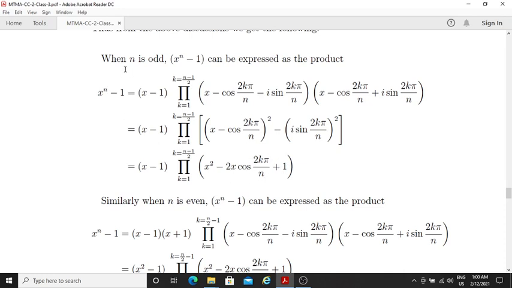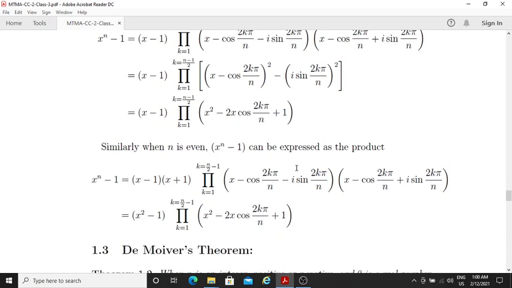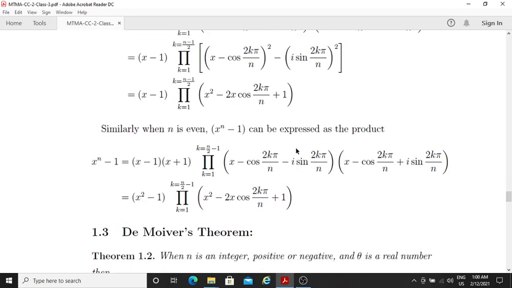So for n odd, this polynomial can be factorized in this fashion. And for n even, similarly, it can be factorized in this fashion. All right, fine. Now, so far we have learned